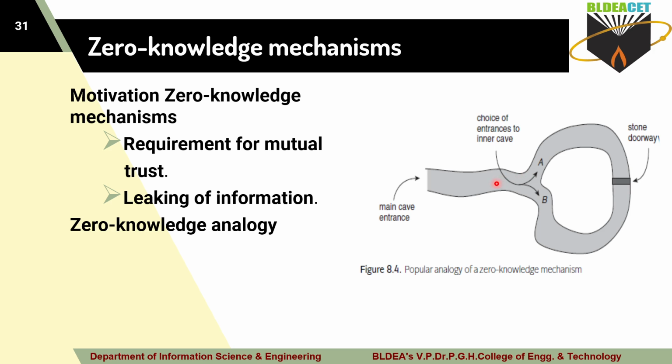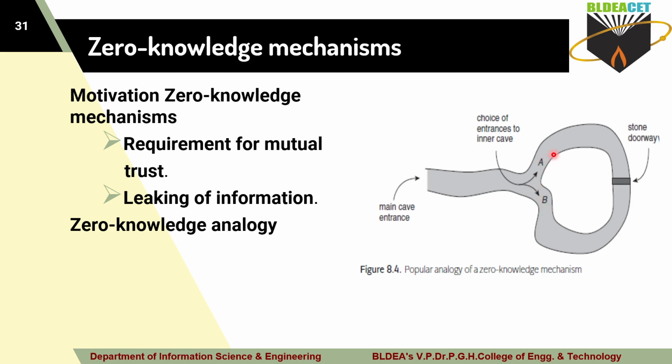So first, before trusting that particular A, what is the procedure you have to follow? You have to check whether that verifier is a trusted verifier or not. For that, what will you do? Here you will stand and choose which entrance they should enter next. The guide will decide to choose the cave entrance here. Once they choose A, you have to wait there until they come back from entrance B here.